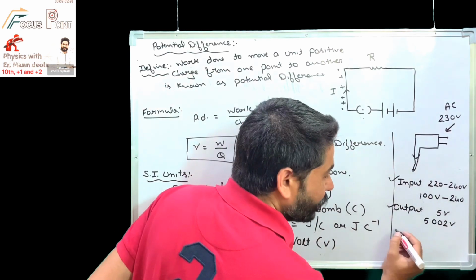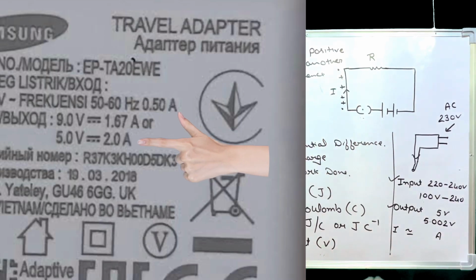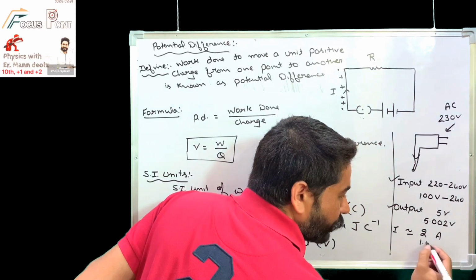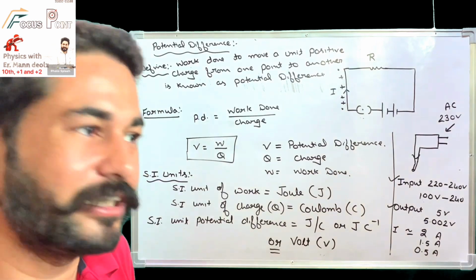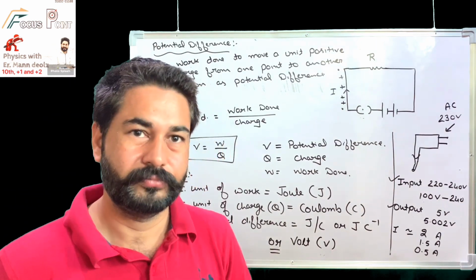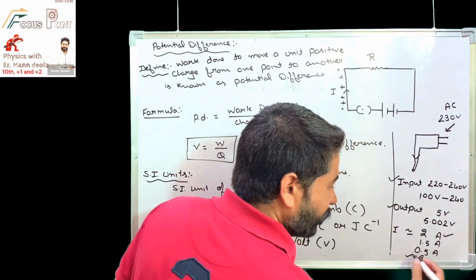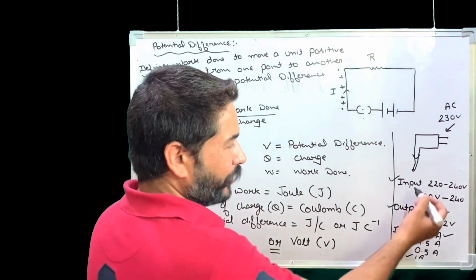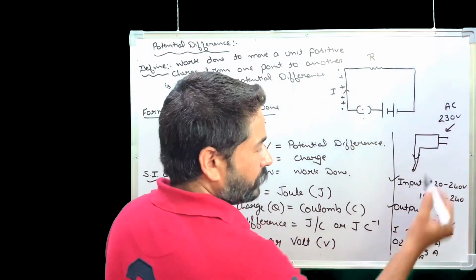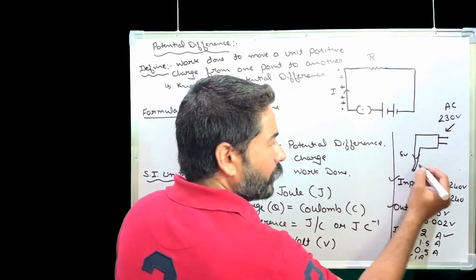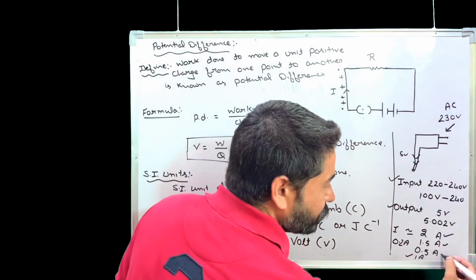Now there would be a current rating also like this. A would be written at the back. It could be 2 ampere, it could be 1.5 ampere, it can be 0.5 ampere. Now tell me out of these values what is written over there. 2 ampere, sir. Very good. So the meaning is the input electric potential difference is 220 or whatever, and the output is giving 5 volt. Now the maximum current that flows into your battery, into your cell phone, is of this range, whatever it may be.